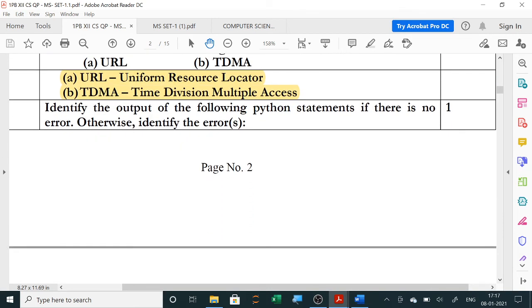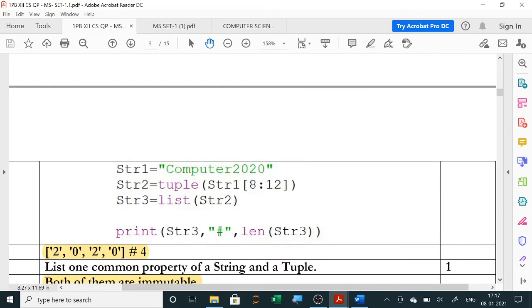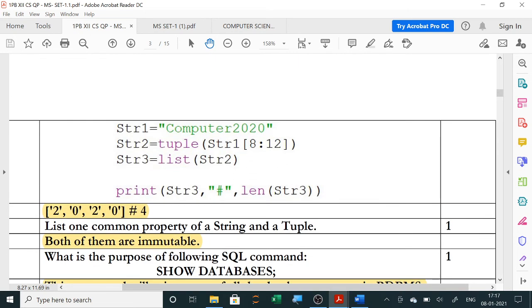Identify the output of the following Python statements if there is no error. So here you have to find out the output. String 1 is computer 2020, string 2 is tuple of it, so it is converting into a tuple. So from the 8th character to the 12th character. Now we will start counting from 0: 0, 1, 2, 3, 4, 5, 6, 7, 8.